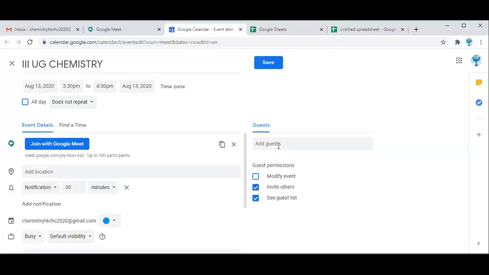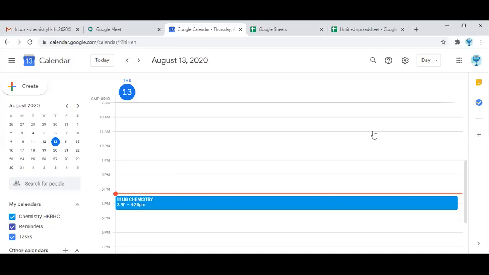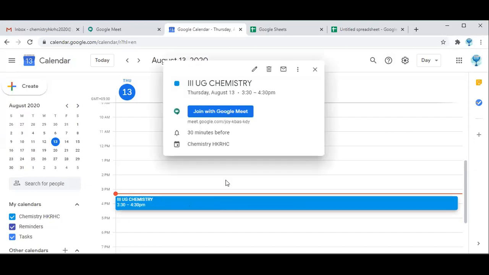If you want to add some colleagues or students as a guest, you can add in this box by typing their mail ID and click save. After scheduling, your Google Calendar will display like this. So when you click on this, your meeting details will be displayed in the pop-up message.